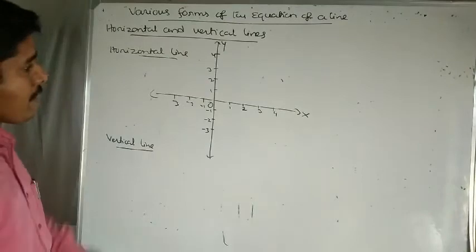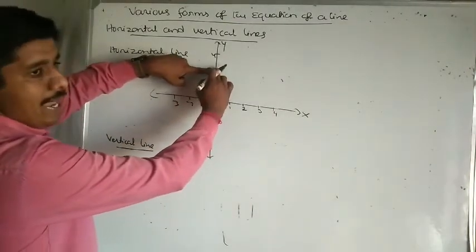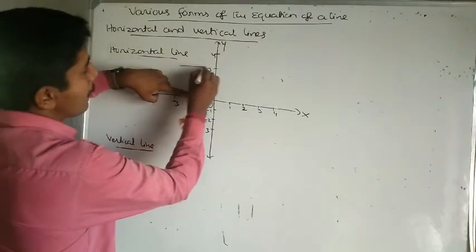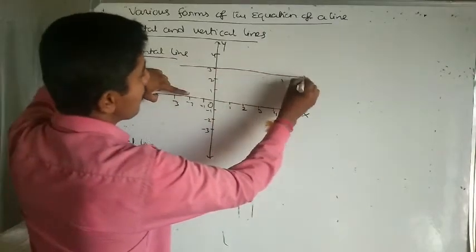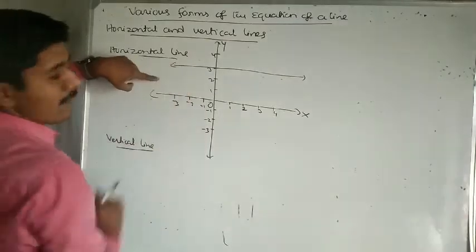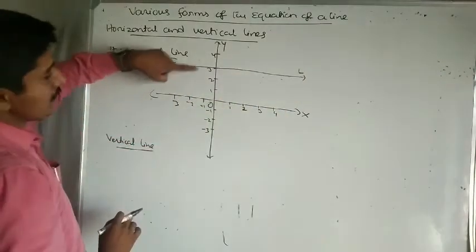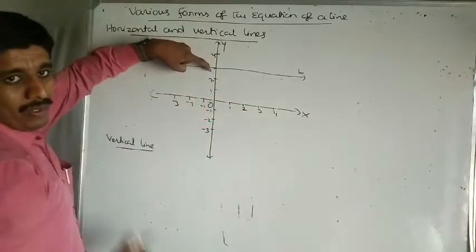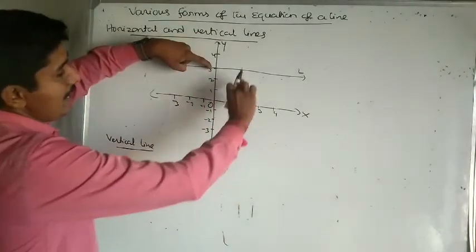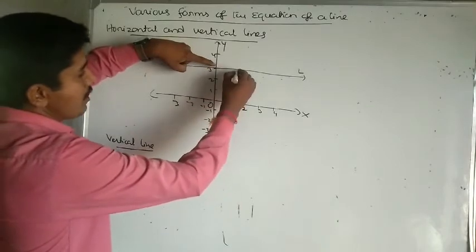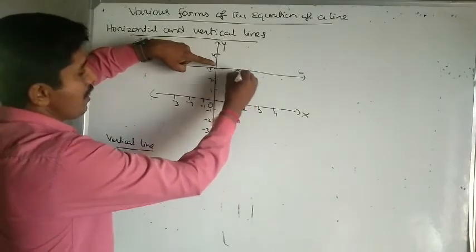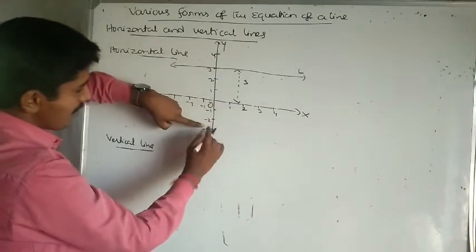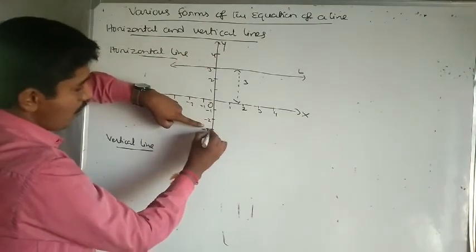Mind it. Here I am drawing a line parallel to the x-axis, at y equal to 3. This is line L. Here y equal to 3. This is y equal to 1, y equal to 2, y equal to 3 along the y-axis. Clearly, it is at a distance of 1, 2, 3 units. This distance is equal to 3 units. Similarly, here below the x-axis I draw one line at y equal to -3.